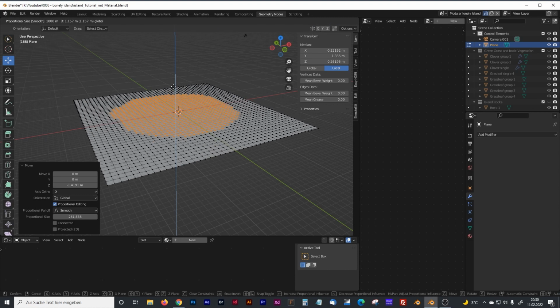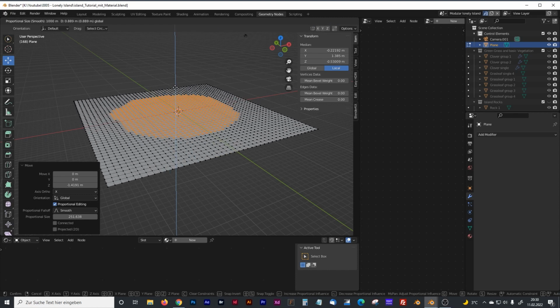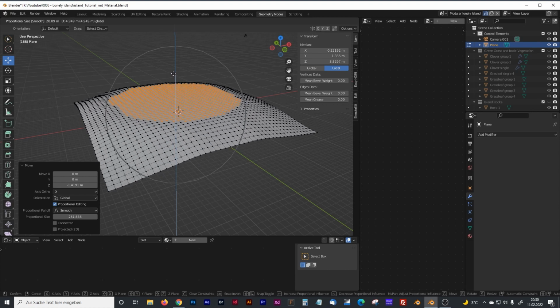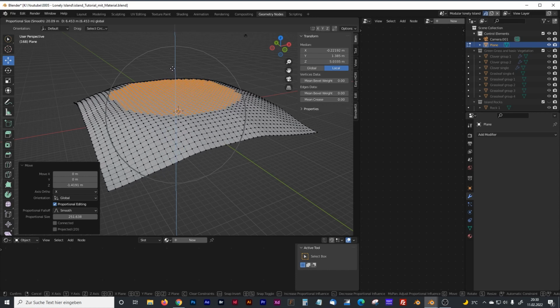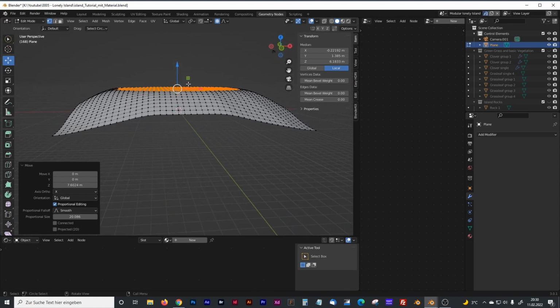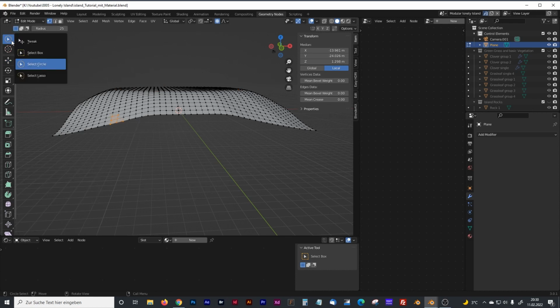The tool has to be adjusted. Mine is obviously much too big. Now you can see the circle in the right position. I think we can go with maybe something like that. The top plane will be our island, and the falloff, you can see, will be our beach going slowly into the water. Now we have the problem that some of the edges